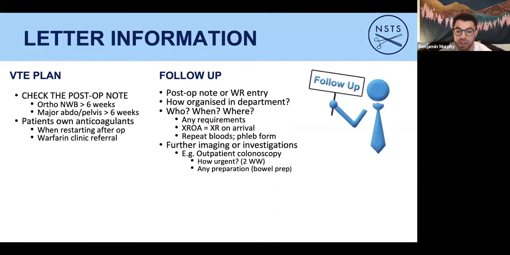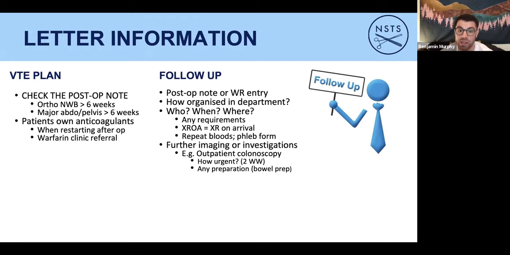Follow-up should be found either on the post-op note, or sometimes it will just be mentioned on a random ward round that the consultant is under: "I'll follow up in my clinic in 6 weeks after they're discharged." So sometimes it takes a bit of digging. And again, when you start at a new hospital or on a new ward, or even in a new specialty